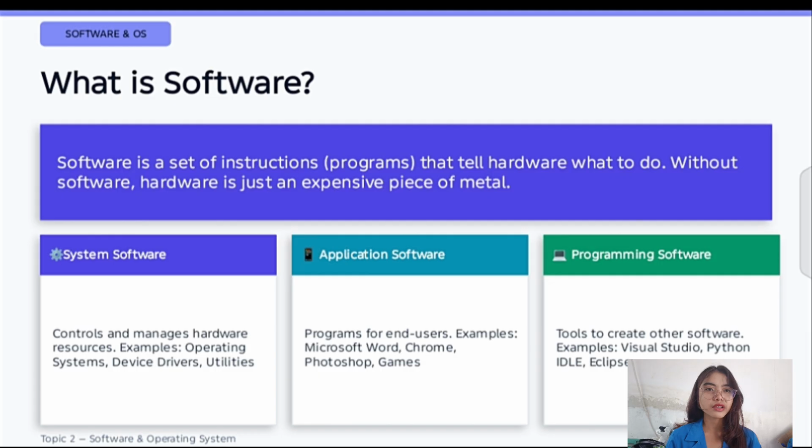Examples are Microsoft Word, Google Chrome, Photoshop, and games. Third, programming software. These are tools used by developers to create software. Examples are Python, IDLE, and Eclipse.